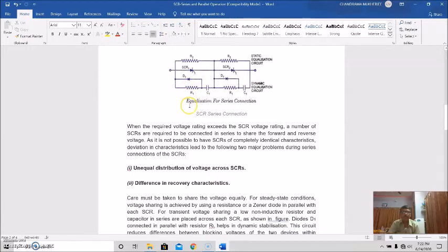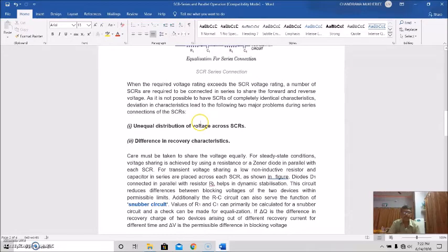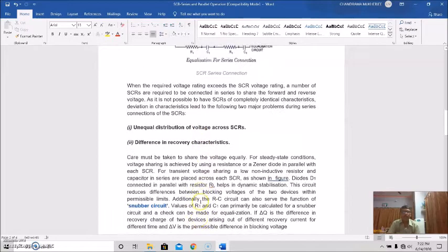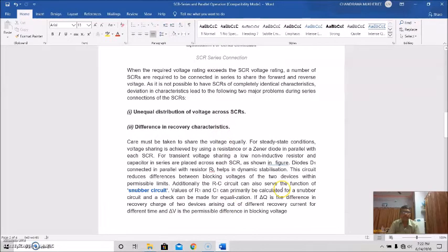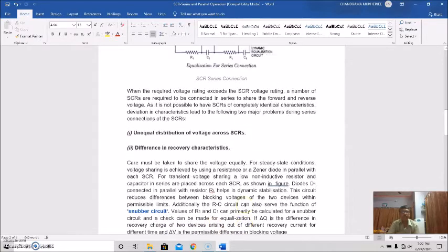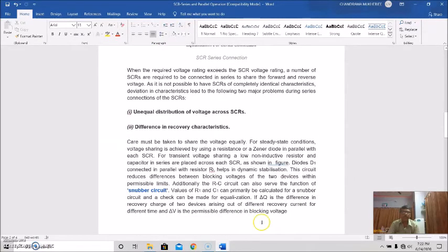We have discussed the snubber circuit, which is connected across a thyristor to protect it from dv/dt. So the values of R1 and C1 are primarily calculated for a snubber circuit, and a check can be made for equalization. Now, if delta Q is the difference in recovery charge of two devices arising out of